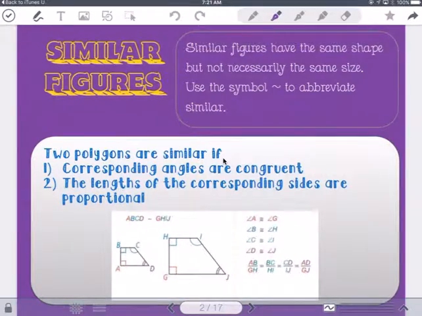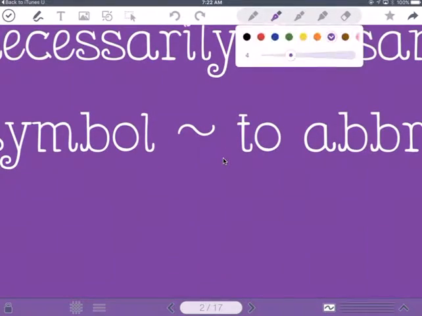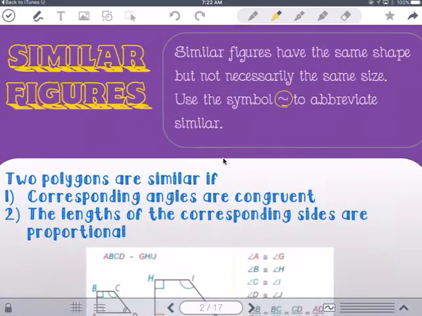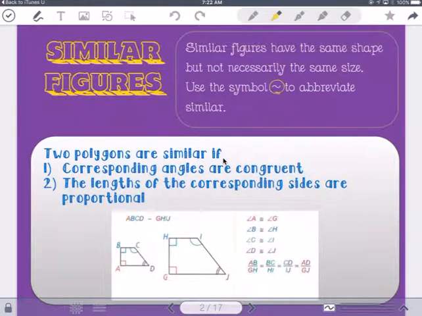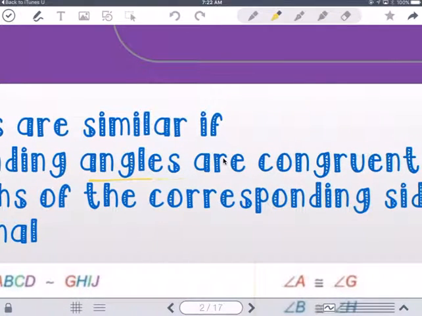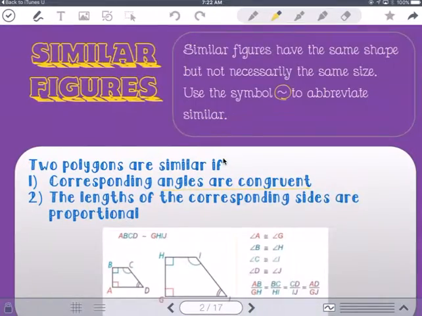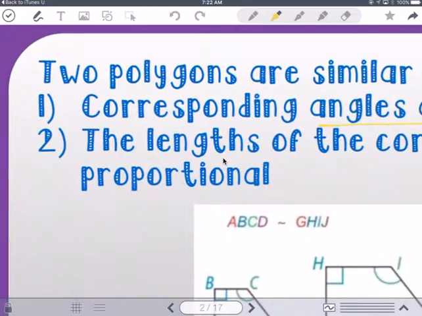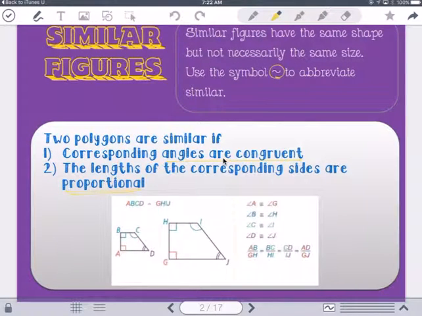So we're going to use this symbol here to abbreviate for similar. Before we were using congruent, where it had the squiggly line and the equals. Now you're just going to use the single squiggly line. It says two polygons are similar if the corresponding angles are congruent. So angles are still going to be congruent in this case. However, the lengths of the corresponding sides are proportional. So that's where it's different. The angles are still going to be the same in similar figures, but the lengths are going to be